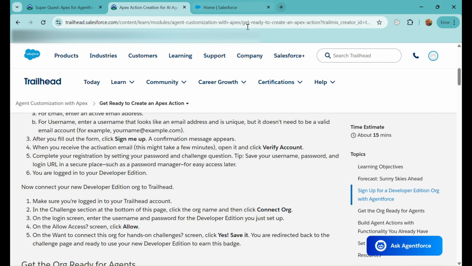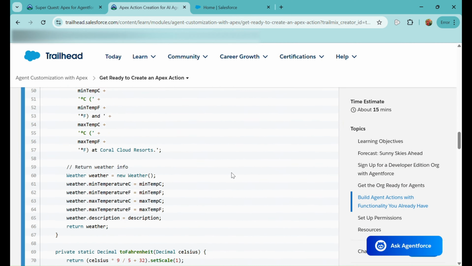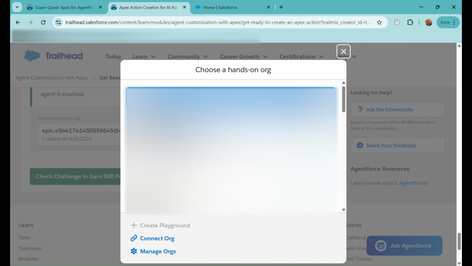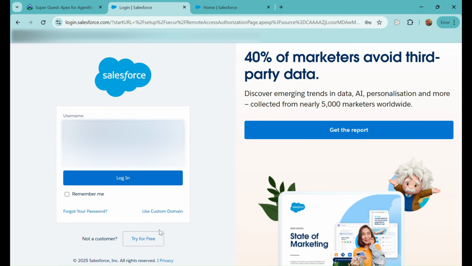So I have created the org. Now I'm just going to connect it. I'll click on this icon and click on Connect Org. After clicking on Connect Org, it will give me an option to enter my username there.